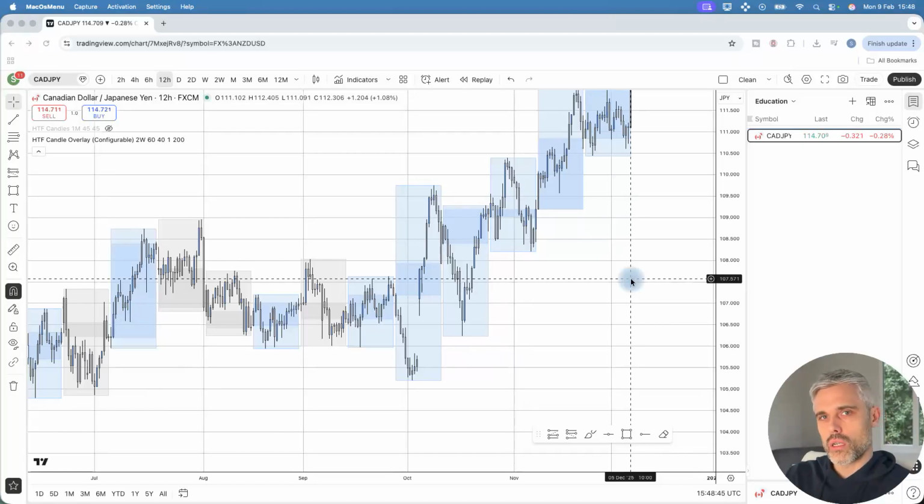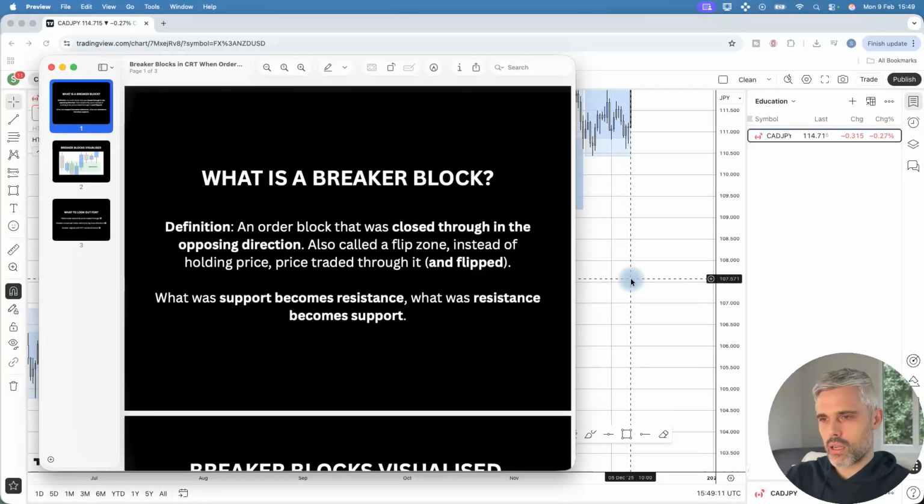So in the last video, we looked at order blocks and fair value gaps and how to take entries from those points of internal range liquidity towards high probability targets in the market. What happens when you're wrong and price just trades straight through the order block in the opposing direction? Well, that can become a flip zone or a breaker block, and that can actually be your next entry. So let's take a look at exactly what a breaker block is and how to think of it in terms